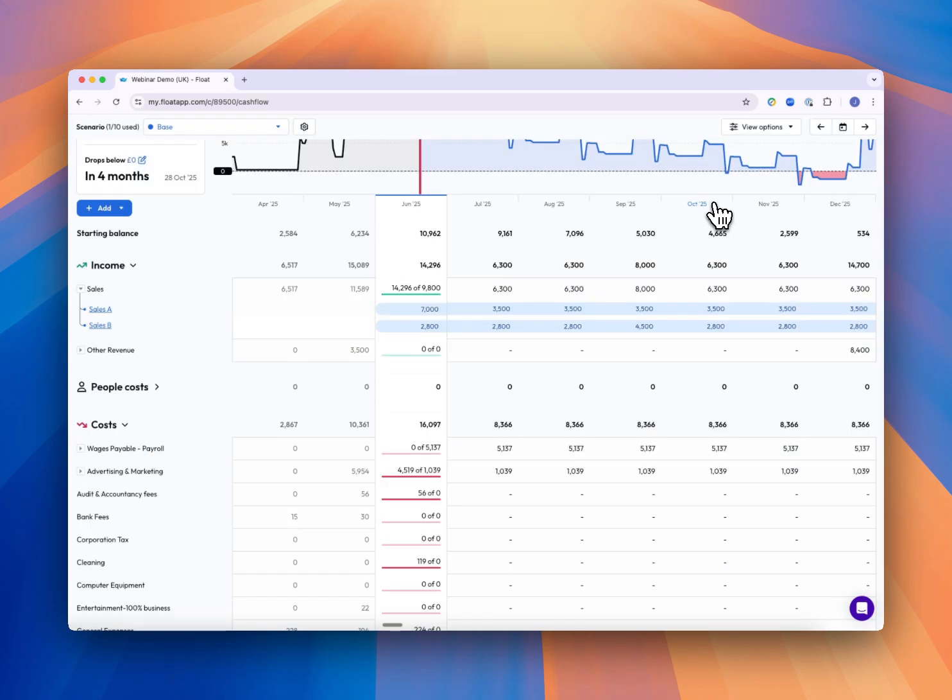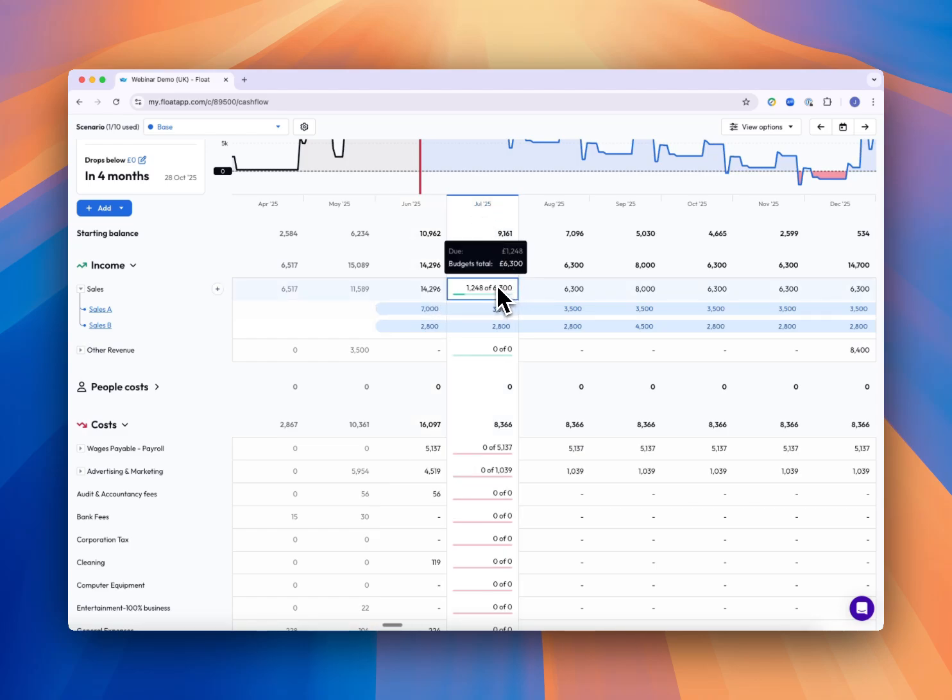But if we go back to the budgets, how Float will work is the cell always chooses the highest value. So in this case, it's going to be our actual figure. But in many cases, if we look forward to July, the budget is the largest, and that's what Float is going to use. And you can see it's filling up with the actuals as they're coming through, so there's never